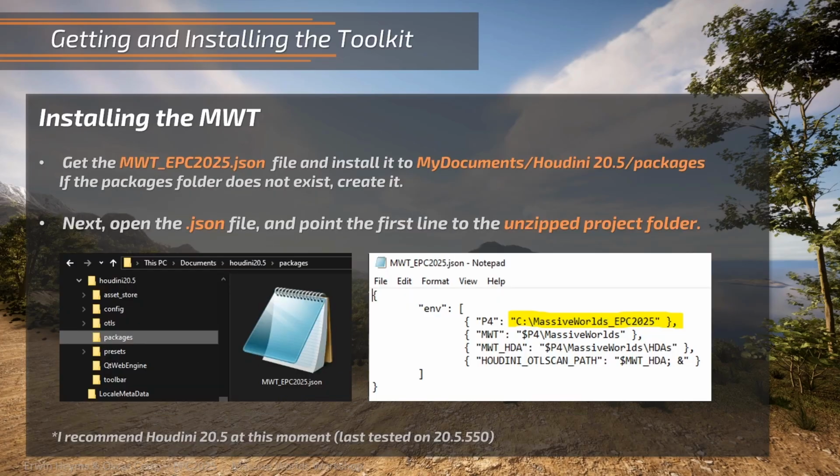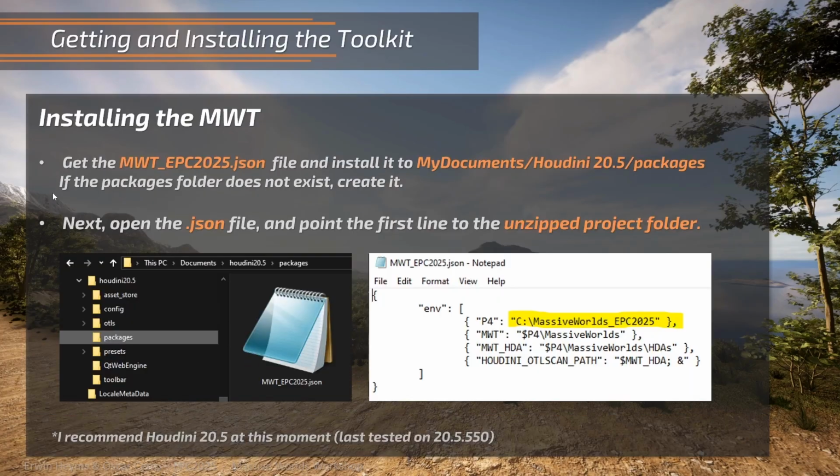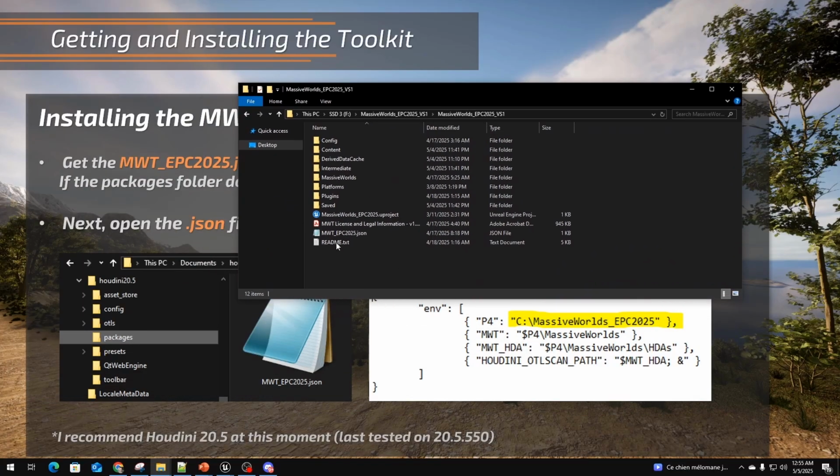Now at this point, we are almost done installing the toolkit. We just need to set up the JSON file so Houdini can see all its components, specifically the cache for the Massive Worlds Toolkit, as well as the HDAs that we just installed into this folder here. Now to do this, you can find the JSON file that I've provided with the download package. So go ahead and copy that,